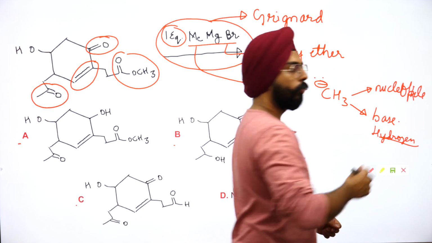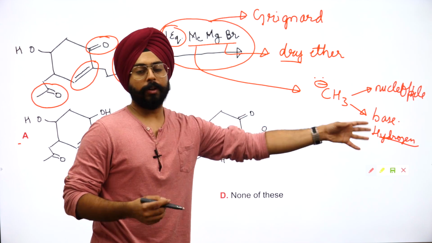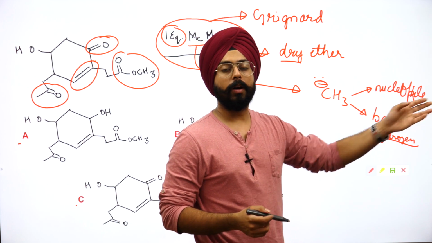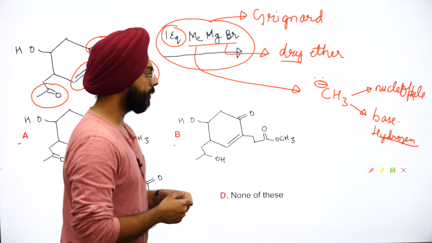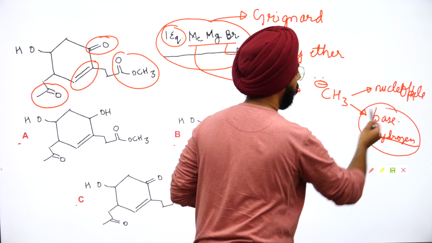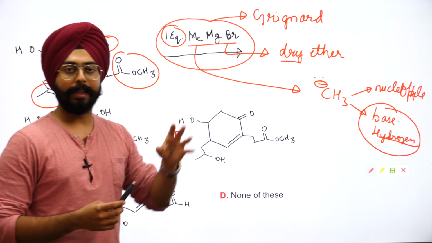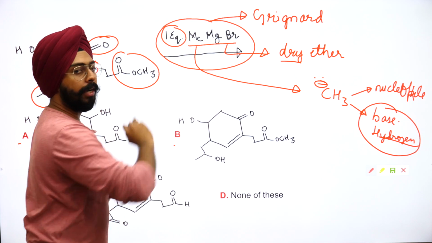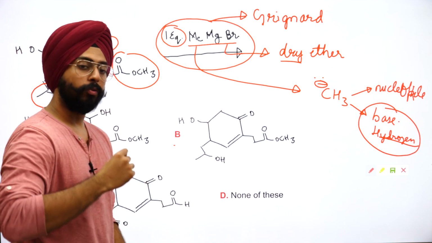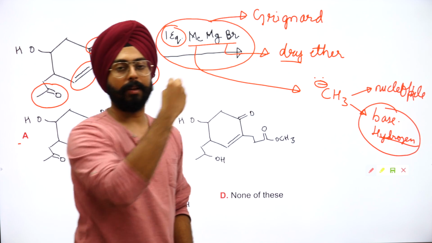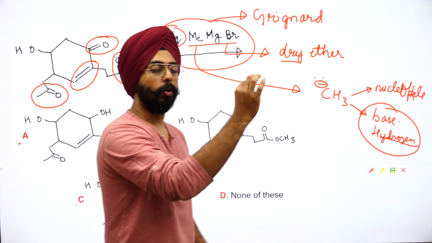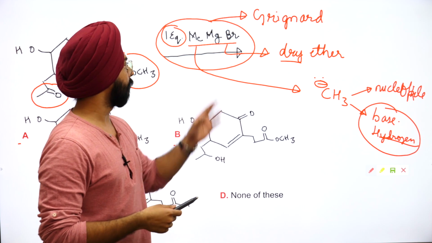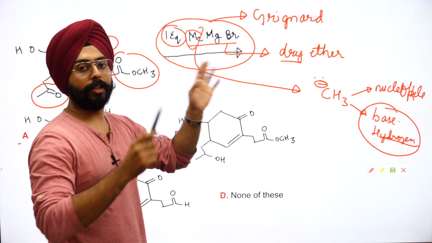And as all of you would know, capturing a hydrogen is much easier compared to capturing a carbon itself. Yes, this is kinetically favored. It is fast. It happens quickly. So what ends up happening is that if this Grignard reagent finds a trace of any proton that it can abstract, any acidic proton, like water for instance, if there is any acidic proton in the system, this guy is going to capture it and do no reaction.